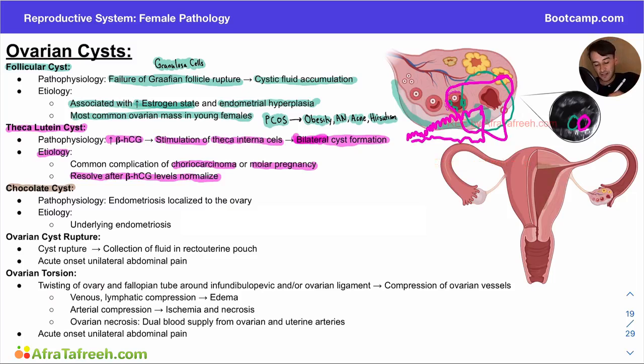we know starts here in the uterus where I'm highlighting in brown, and essentially this uterine tissue is going to migrate out and it's going to land on our ovary. And so you can expect that we would have a cyst closer here to the periphery of the ovary that is just growing and growing and growing, and we call these chocolate cysts because they look like chocolate on gross exam specimen. And so if we review our pathophys here, this is endometriosis localized to the ovary, and we expect